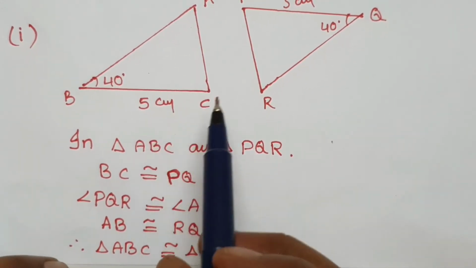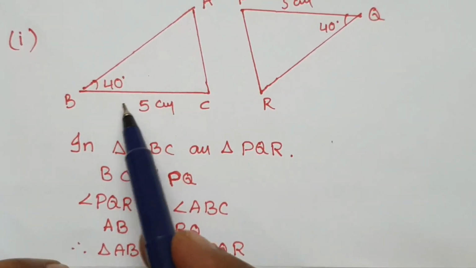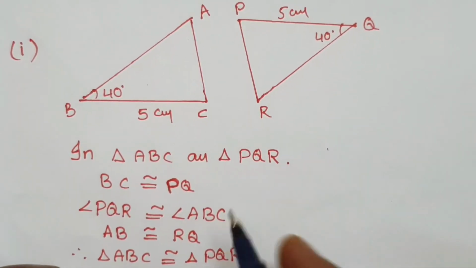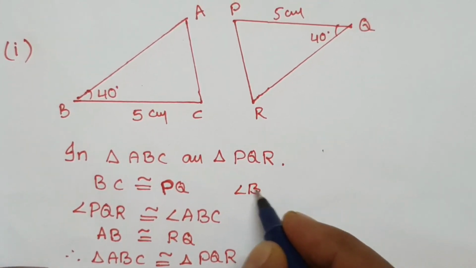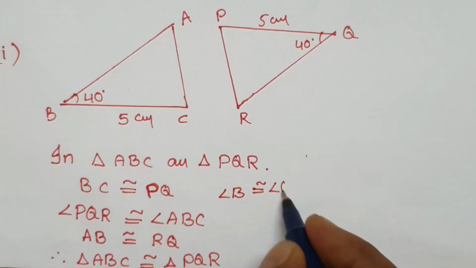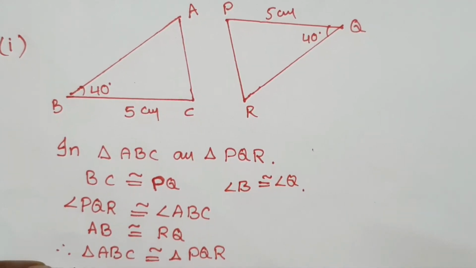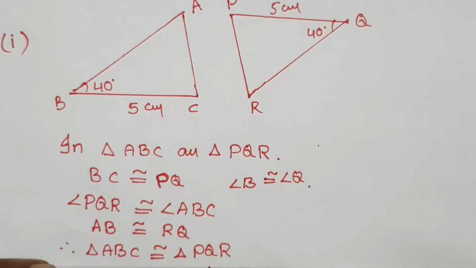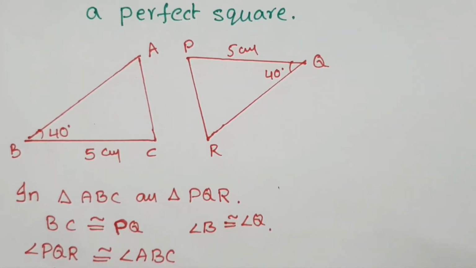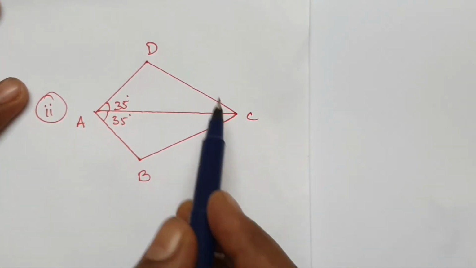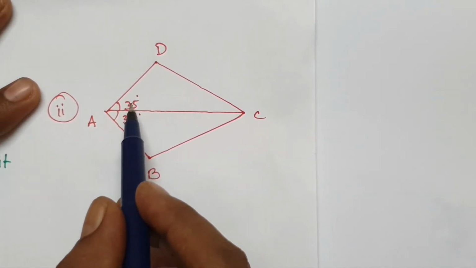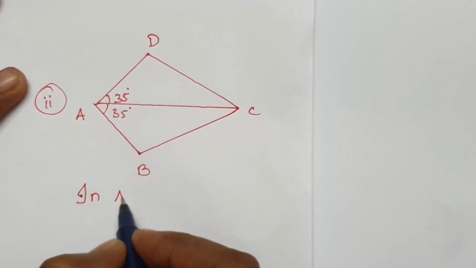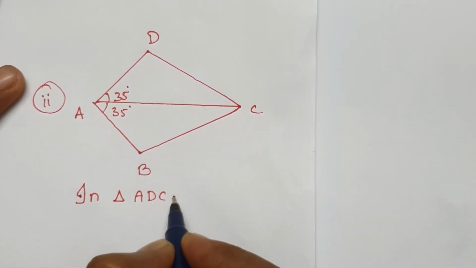Here 5 centimeters, 5 centimeters, 40 degrees, 40 degrees, means angle B is congruent to angle Q. So finally, therefore triangle ABC is congruent to triangle PQR. Second figure, A, B, C, D are given, here 35 degrees, here also 35. In triangle ADC and